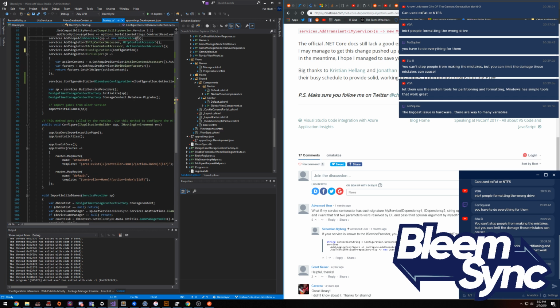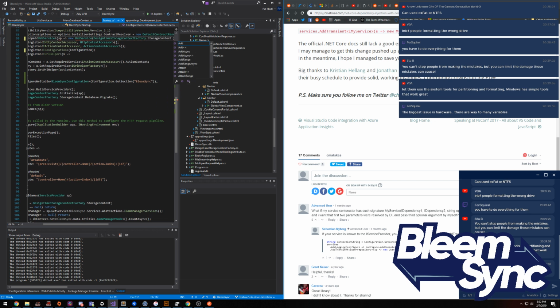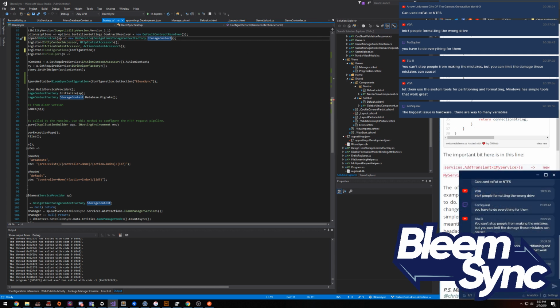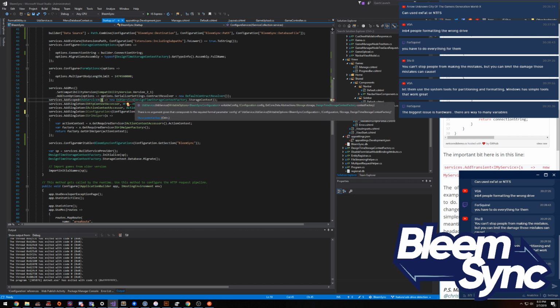Or can I just do this? Design time storage context. Oh, this is how we do it. Maybe. Oh, okay. There's no argument in the code. Okay, so if we do that,